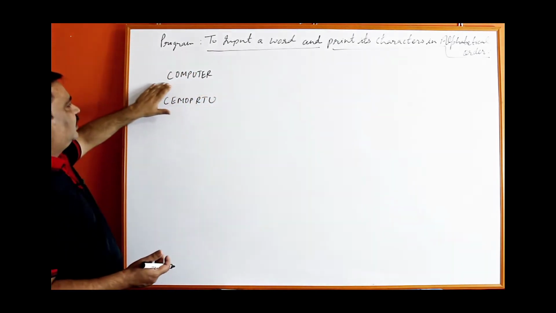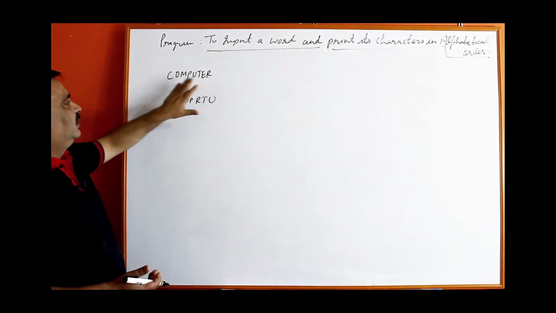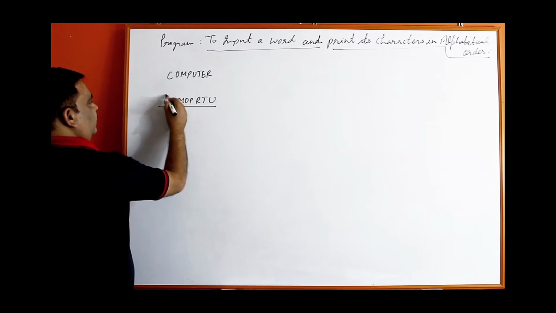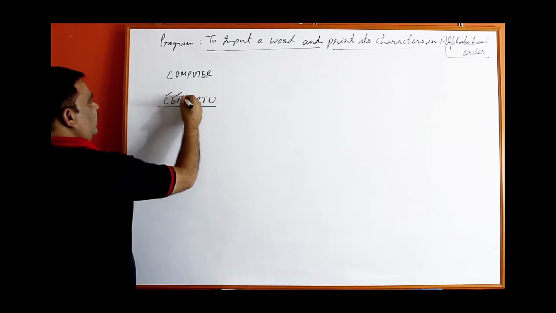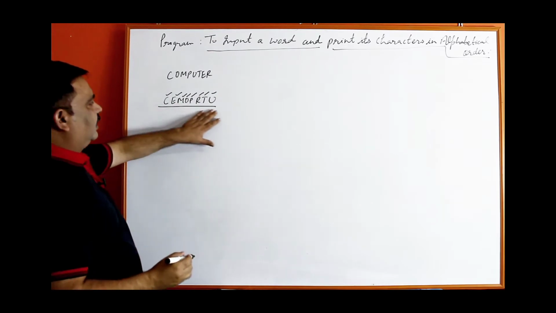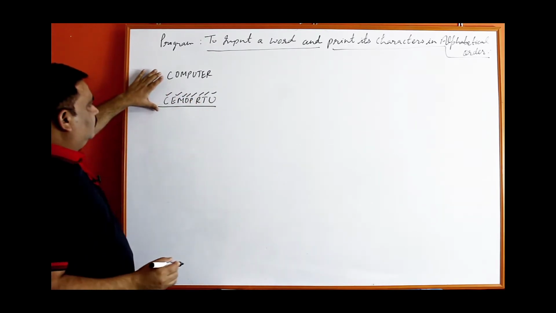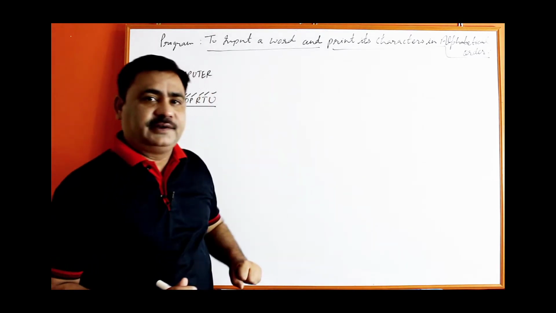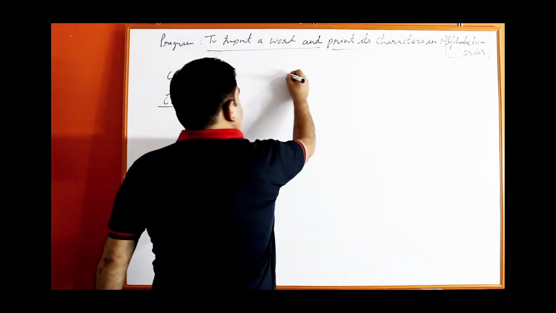Example, suppose the word is computer, C-O-M-P-U-T-E-R, and in alphabetical order: the first character is C, then E, M, O, P, R, T, U. The characters are now arranged. So this is the program which we have to make. I am going to make a function here, void